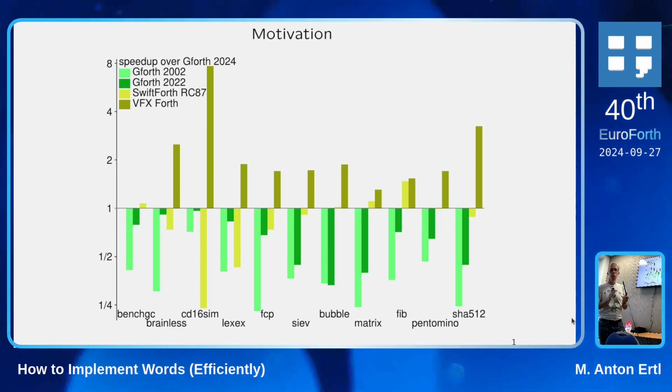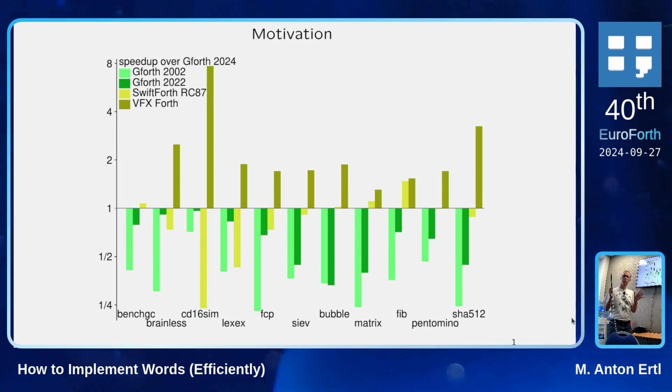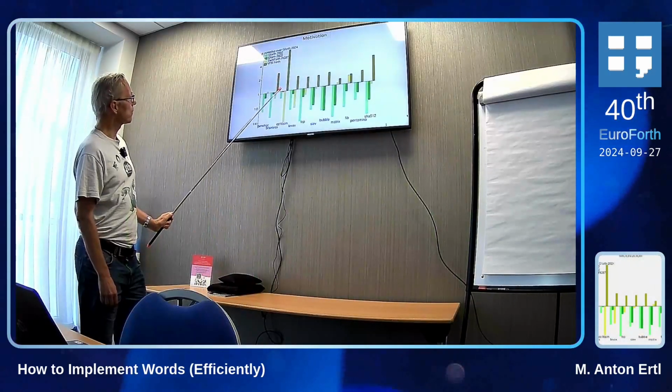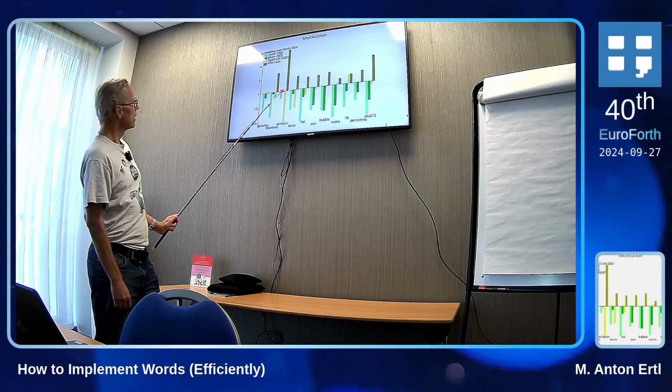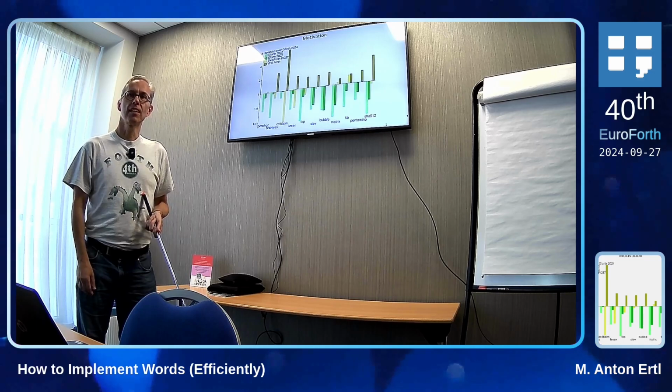But we didn't know what the problem was, and we looked a little bit into it, but we didn't find it. And then about 2 months later, I was wondering, why is VFX so much faster than GeForth